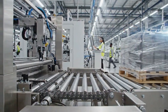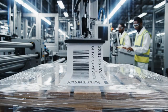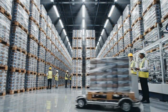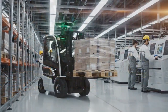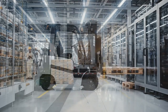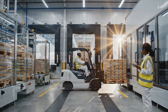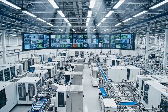The finished wrapped pallet receives a final standardized shipping label containing the complete contents manifest, weight... The enormous climate-controlled finished goods staging warehouse simultaneously holds over 20,000 completed pallets. The autonomous warehouse vehicle fleet operates entirely without human drivers, using embedded AI navigation to safely and... automated shipping logistics operate around the clock to ensure that finished pasta products reach regional distribution centers within 48 hours of production completion. From the elevated nerve center high above the roaring production floor, process engineers simultaneously monitor...